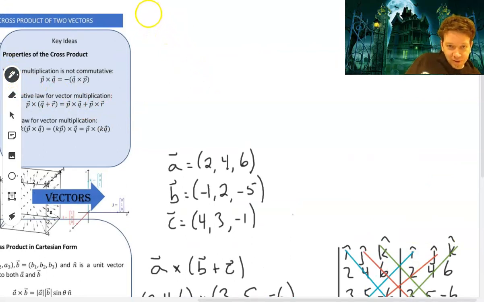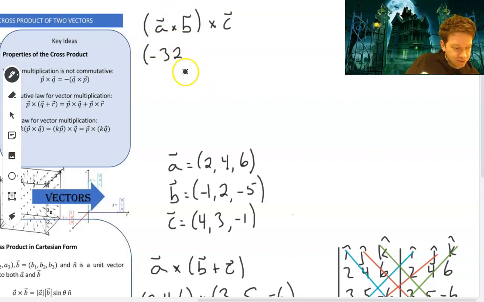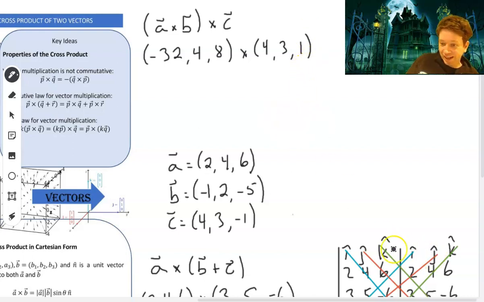If we do the first one, which is A cross B, and then cross C, again, we've already done A cross B in step 1, so we know what that is. Minus 32, 4, and 8. And then we just need to cross C, which is 4, 3, and 1. And if we do that, again, you can draw one of these to help you. After you do it over and over again, you might not need to. You might figure out your own pattern for how it works or have it visualized in your head. But you would get